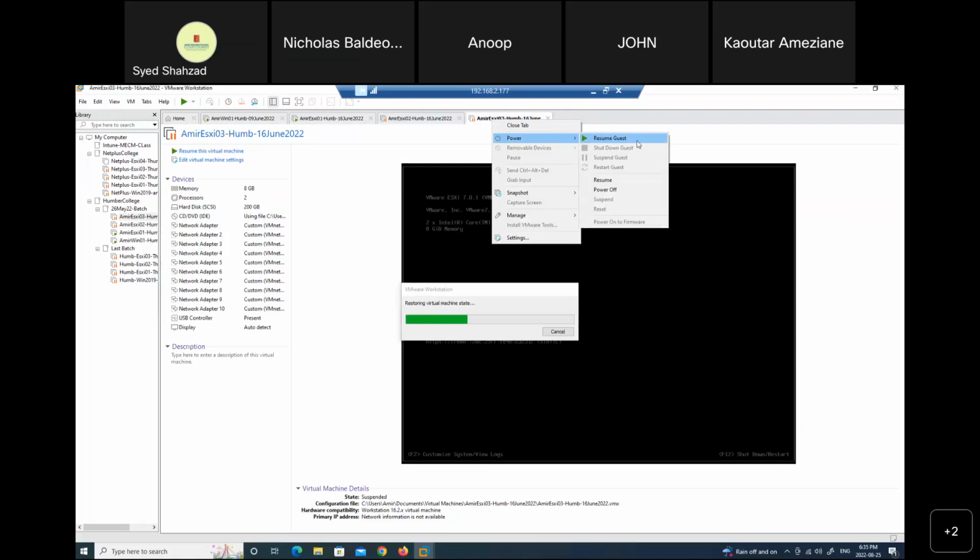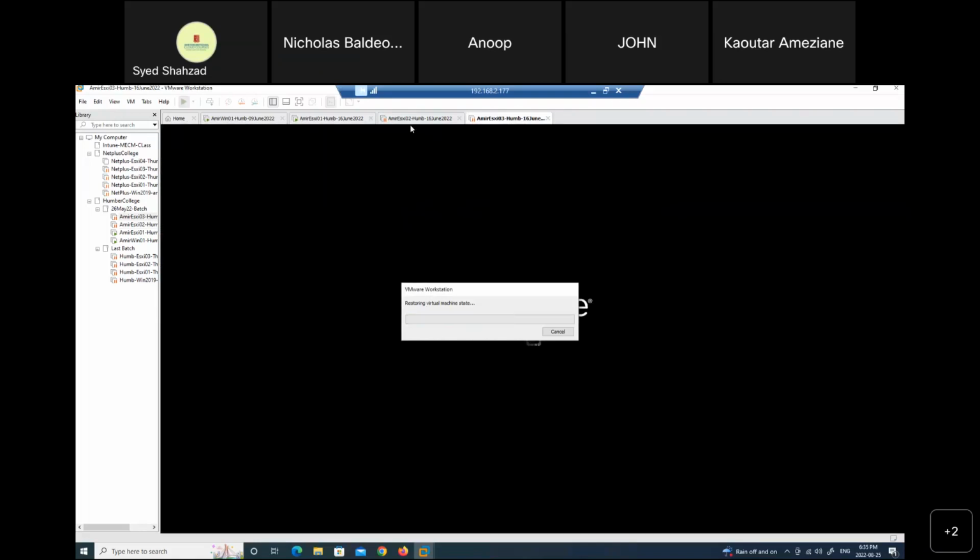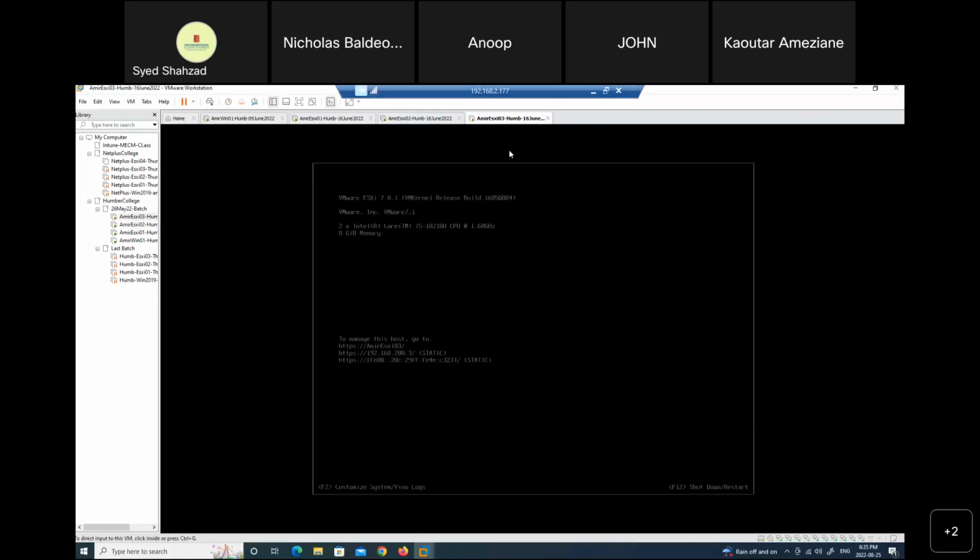If they were suspended, power them on and then properly shut them down. If they were already shut down, then keep them shut down and just change their RAM and keep them shut down until the ESXi 4 is fully installed. We're going to keep them shut down. So ESXi 2 is started. Yep. Sir, ESXi 2 and ESXi 3, we are keeping as 6 GB RAM, or we are